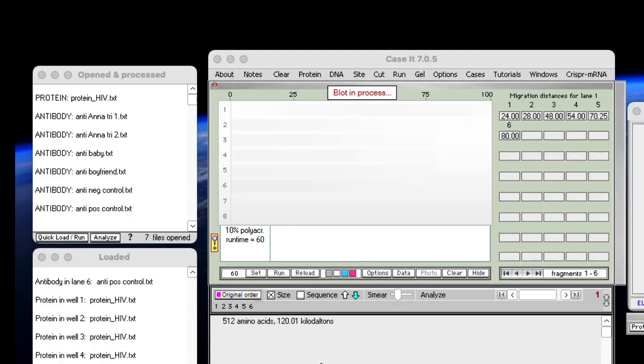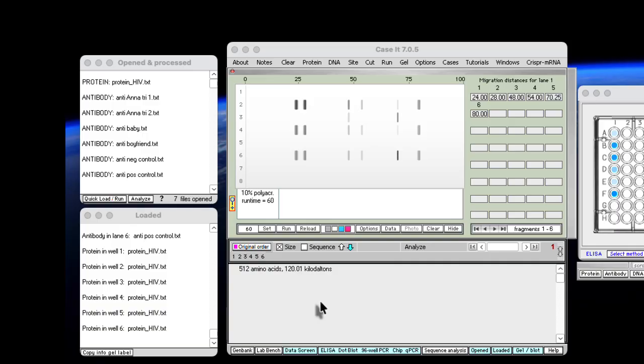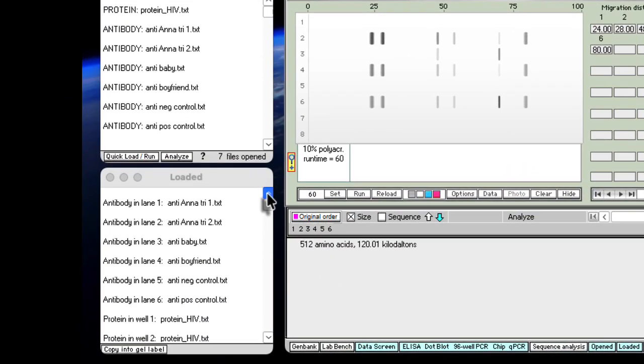Unlike the ELISA, the blot is not automatically labeled. So I can quickly do that by highlighting 1 antibody trimester 1, copy into the gel label, 2 antibody trimester 2, copy, 3 antibody baby, 4 antibody boyfriend, 5 the negative control,